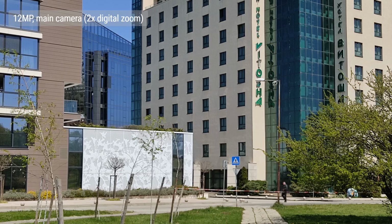Portraits are taken with the main cam together with the depth sensor. These require a lot of light, but if you have good conditions, these come out nice. They're detailed, with decent subject separation. Since there's no telephoto cam, the 2x toggle on the viewfinder will just get you a digitally zoomed photo which